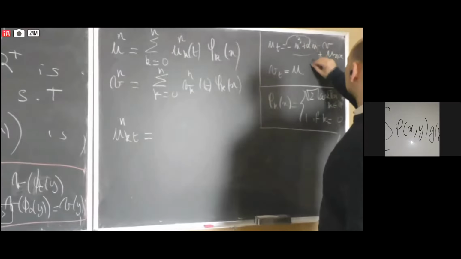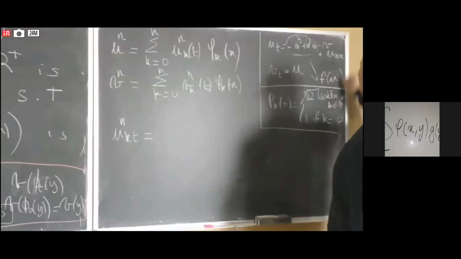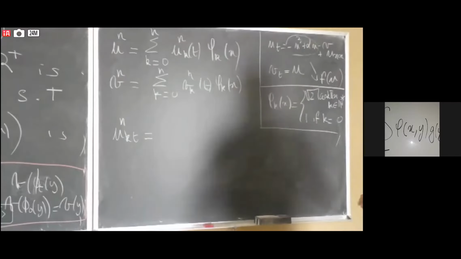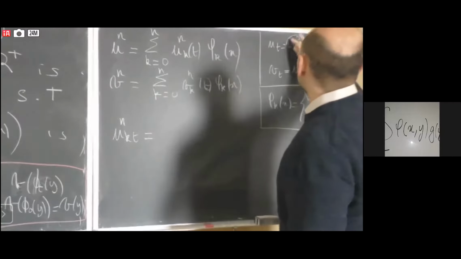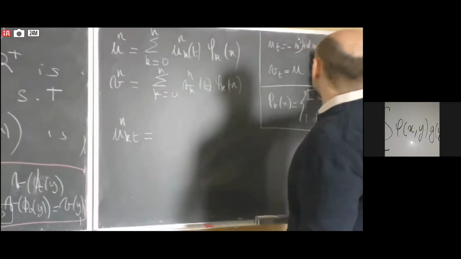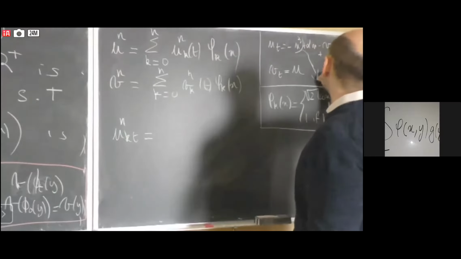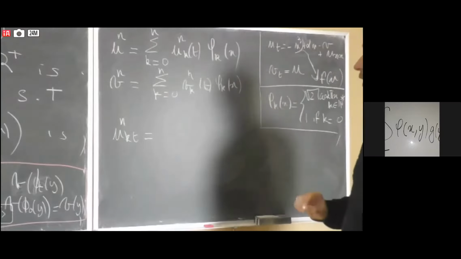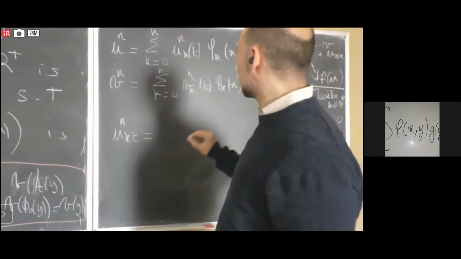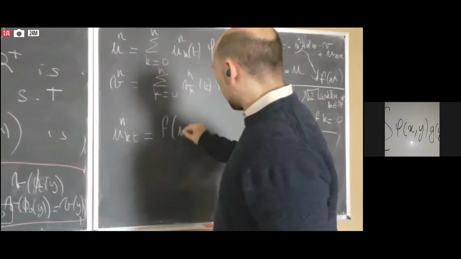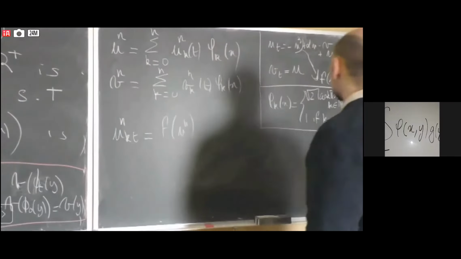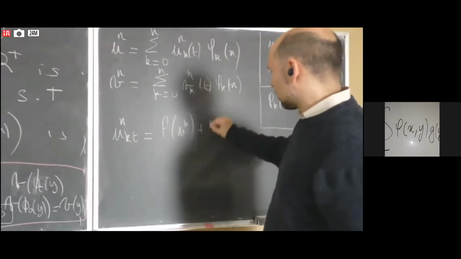So this will be f of u. Or no, sorry, it's the same, but I want to isolate the nonlinearity here. So my f of u here, I just consider it to be the cubic. So this will be what? This will be f of un, and the rest is the same, plus